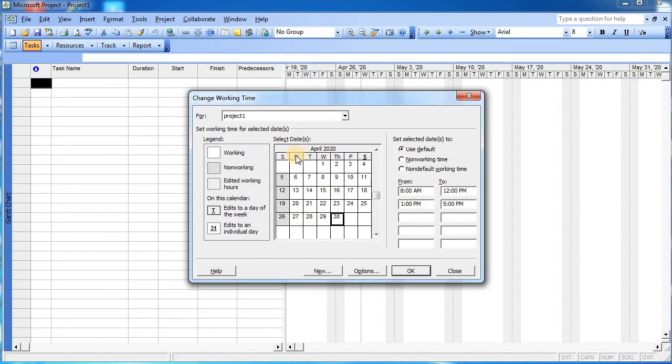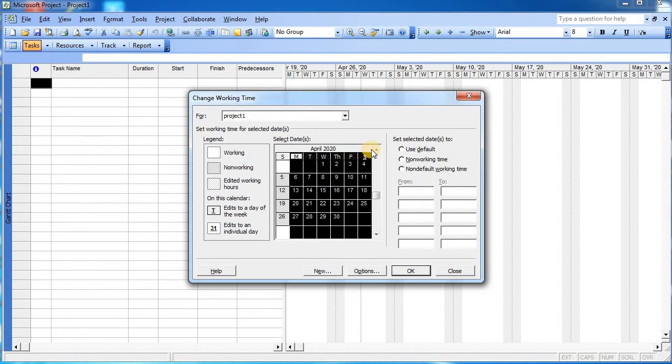Now the next step is to select all these days from Monday to Saturday, and then I will click on the non-default working time and make the changes over here. So rather than starting your job at 8 AM, we will make it 10:30. Now intentionally I am making some mistakes so that we can minutely observe where the problem may come. So I have written over here 10:30 a.m. and we will keep the break at 1 p.m.